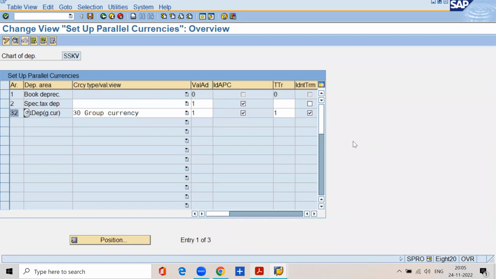That is in the case of parallel ledger accounting. That parallel ledger accounting we will discuss in the new GL. That's why we have selected this checkbox here. So we cannot change the acquisition value for the 32 group currency, right? Then